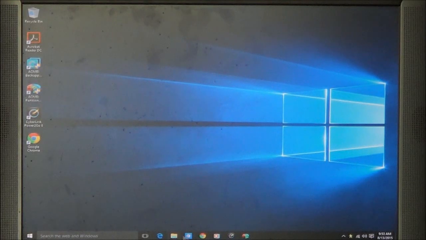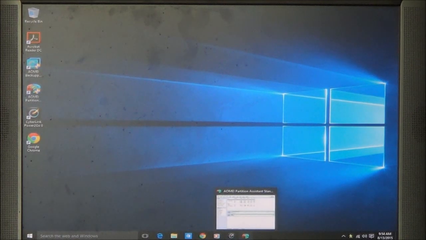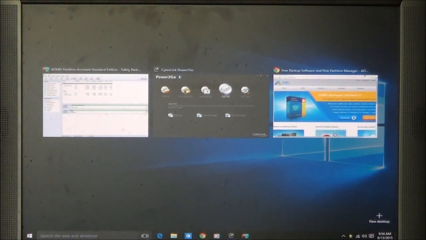Now, what this does, as you can see down here, it shows you the programs that you have open. You'll notice the little dashes. That shows you that they're active. But if you wanted to see, Task View allows you to see all the programs that you have open at